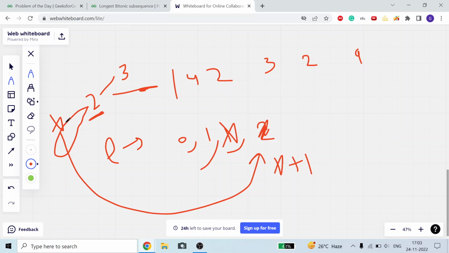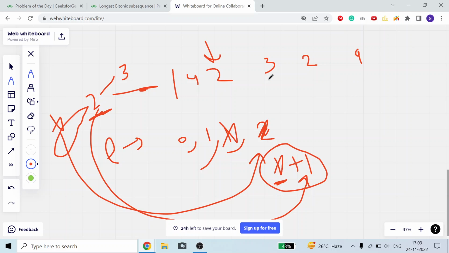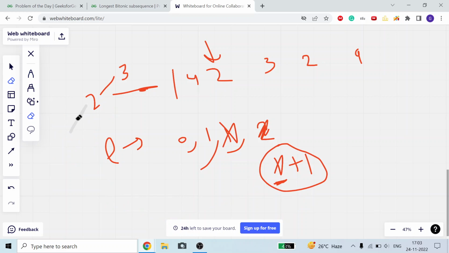So all the x elements that I can include with 2, plus I can also include 2 now. So 1 for the x characters that I have already included in my 2, plus 1 for 2. So this x plus 1 will be the bitonic sequence of the left side for 3 as the maximum element. Means after 3 I can include 2. Now after 2 I can include x elements, then these x elements I can include in my 3 as well, but I can also include 2, so I will take x plus 1. I hope you all understand. Okay guys, this is what I want to say.